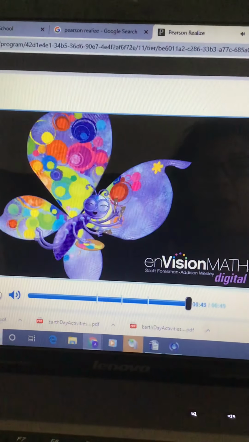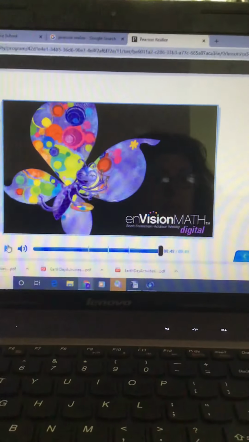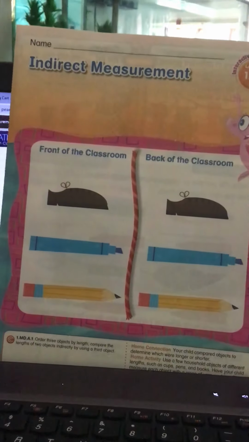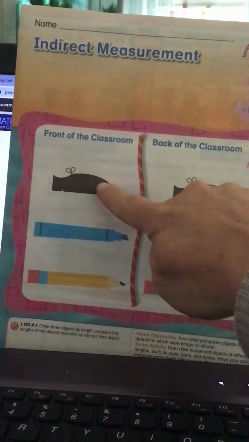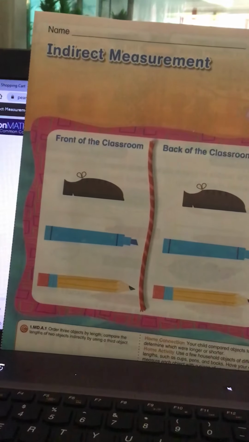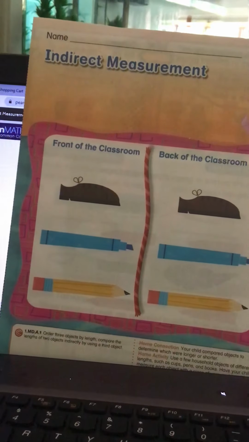All right, so for our math work today, we are going to be looking at two different things and thinking about how do we know when something is different sizes. So it would be pretty easy if we put these things all next to each other, the shoe, the marker, and the pencil, and we were able to look at each one and see which one was shorter and which one was taller. But what would happen if one shoe